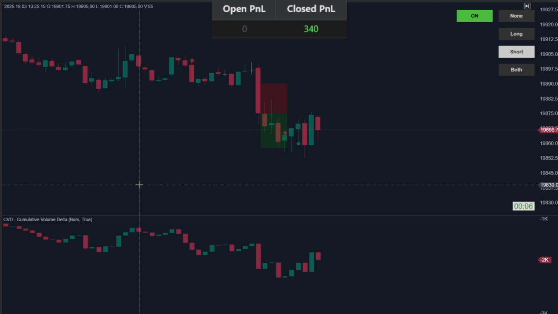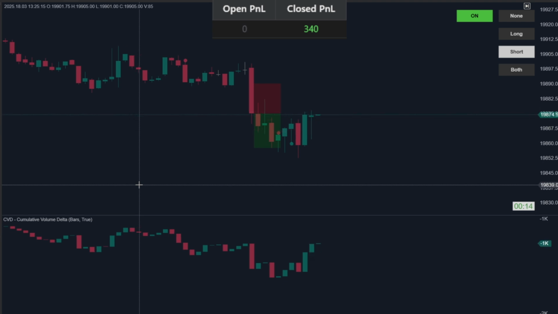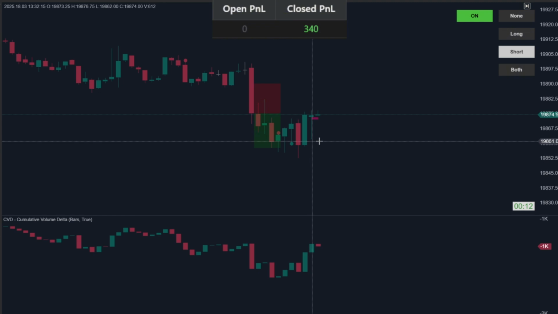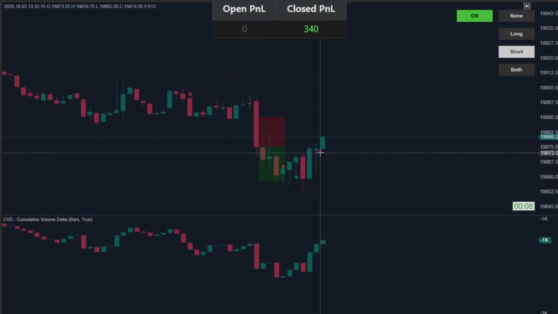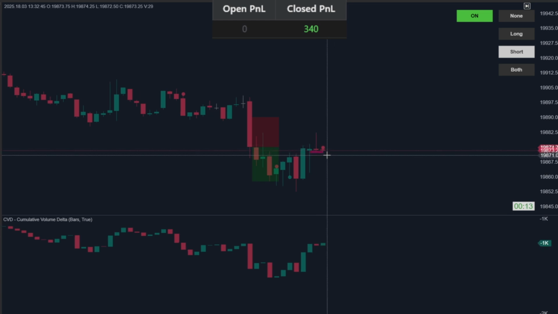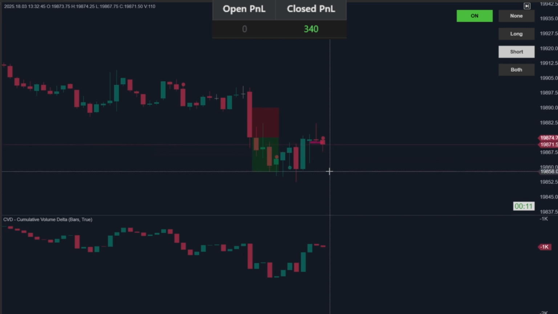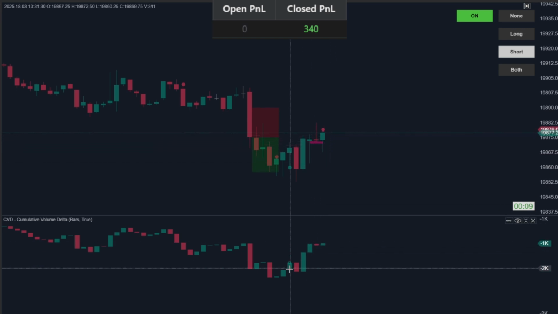So we've got one win, we'll keep it going here. Now what we're looking for here is a little bit of a pullback, and it looks like we are pulling back a little bit. We got a trapped seller signal. So this is telling us that there's a lot of selling at that level when price actually went up, essentially trapping those sellers. So this is a bullish signal, and we want to see price pull back to the upside a little bit before we go short again,